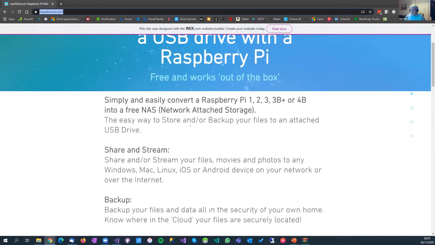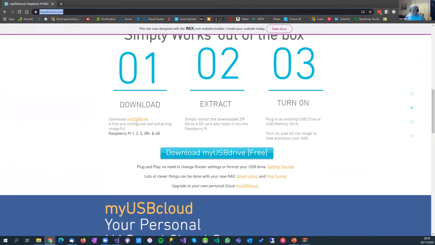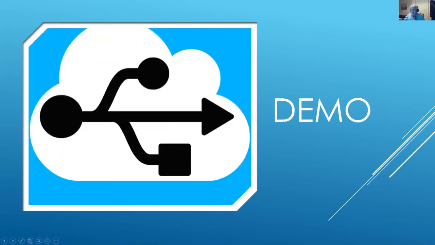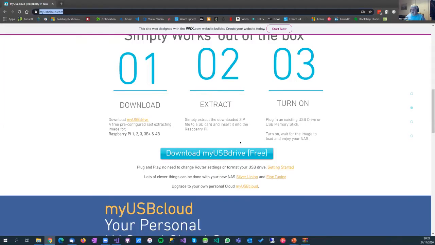So I've tried to make it as simple as possible. You download the image, it's a zipped image, you extract it to an SD card, and you take the SD card, you plug it into your Raspberry Pi, turn it on, and it's done. So the question is, how do I do this? Rather than lots and lots of slides, I'm actually going to give you a live demo of how this works. So I'm on my USB cloud,